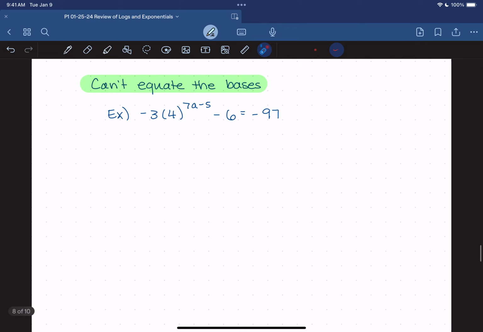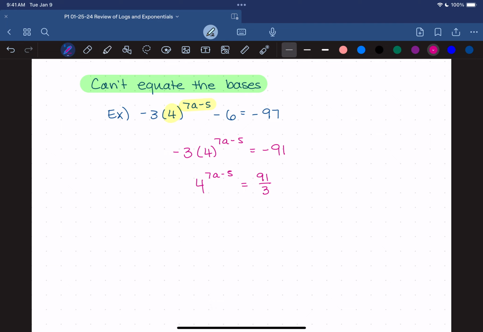What do you do when you can't equate the bases? Well, we're going to have to do logs. But the first thing that you are going to want to do is isolate the base and the exponent in the problem. So in this problem, 4 and 7a minus 5 are my base and exponent. So I have to get rid of everything else. I'm going to add 6 onto both sides. Oh, arithmetic is hard. And then I'm going to divide by -3 on both sides,